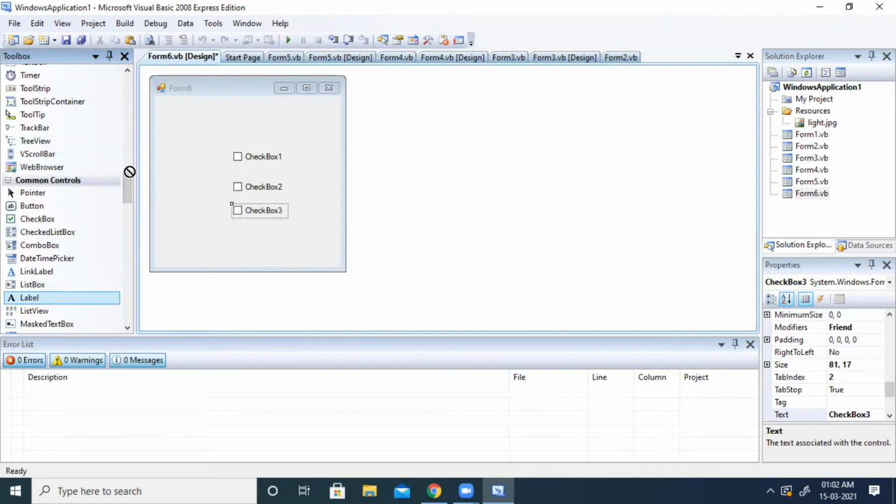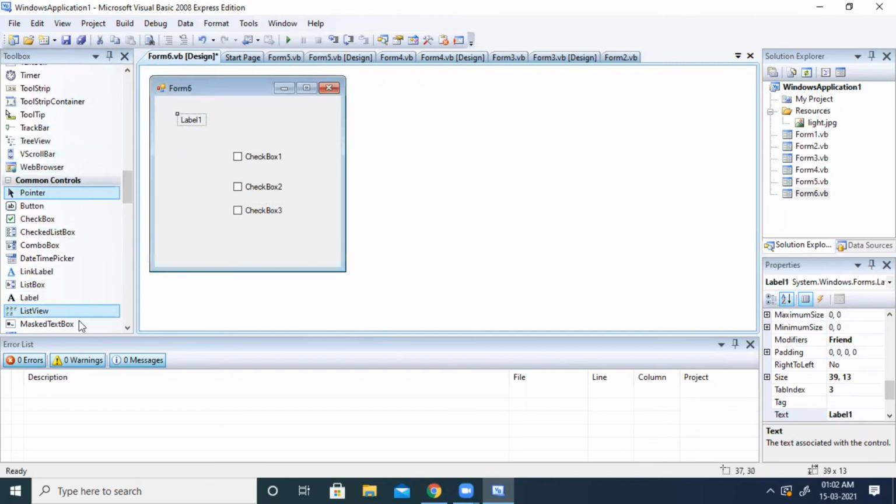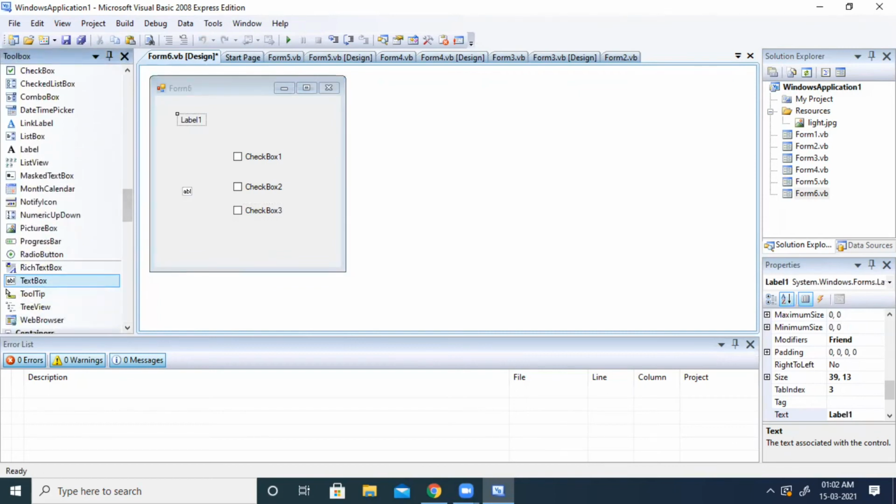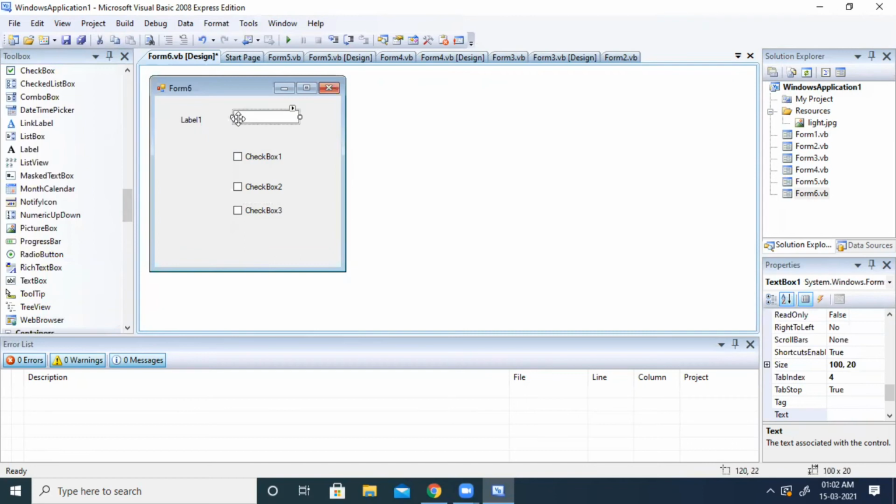What is my objective? When I select a control from here, the particular font associated with that control will be reflected in the text box.